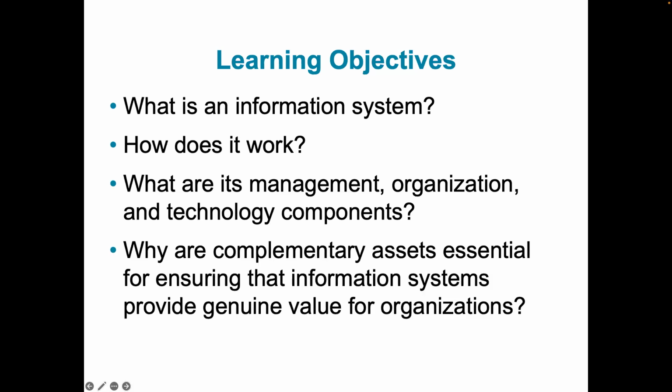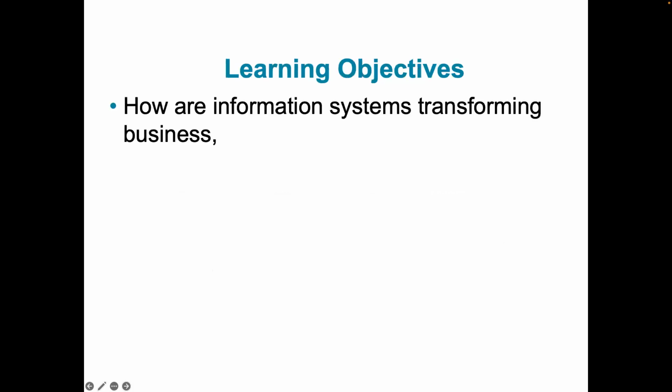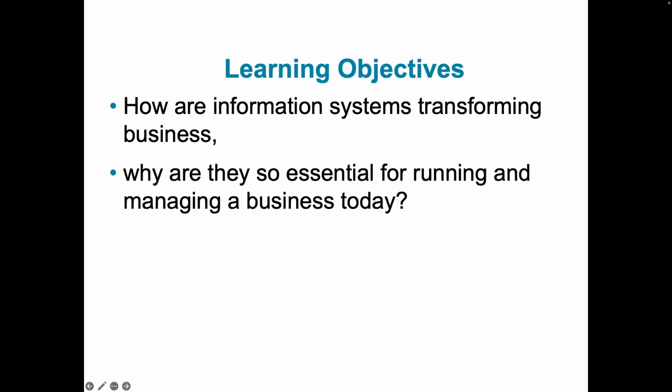I will revisit that in the first 30 minutes. Why are complementary assets essential for ensuring that information systems provide genuine value for organizations? And then the last ones, how are information systems transforming business today, and why are they so important for running and managing